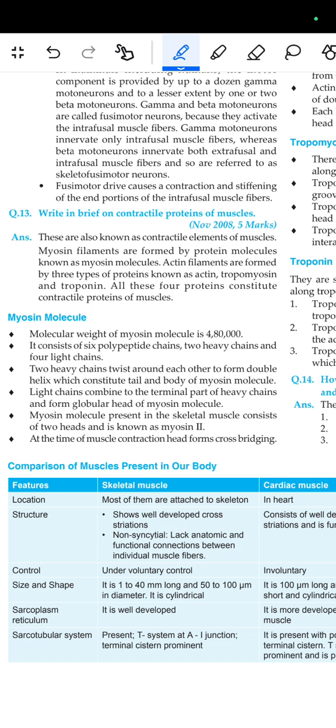Myosin filaments are formed by the protein molecule known as the myosin molecule. Actin filaments are formed by 3 types of proteins known as actin, tropomyosin, and troponin. All these 4 proteins constitute the contractile